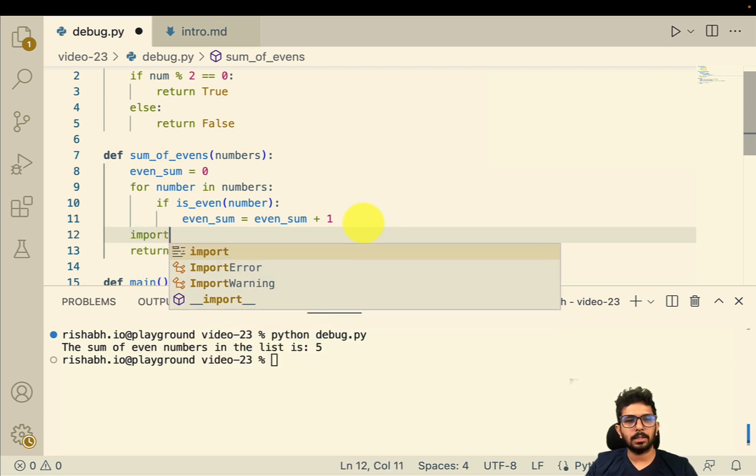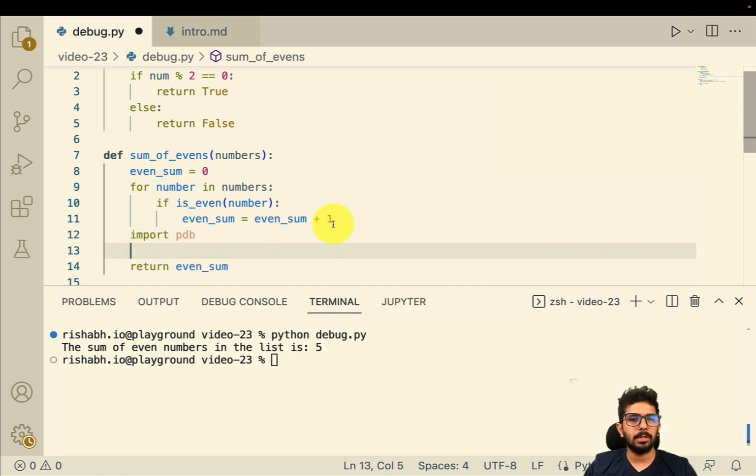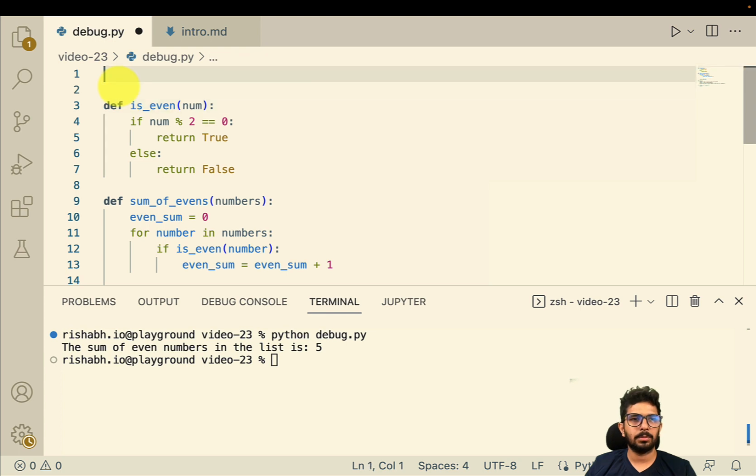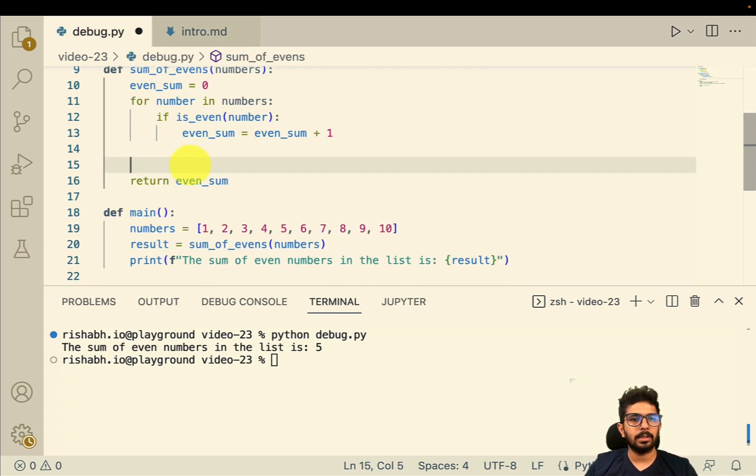So in that case what I can do is say import pdb. You can actually do this import at the beginning of your program. So here we go, import pdb, then in this line you can say pdb.set_trace. Now the execution of your code will stop at line number 15 because we have added a breakpoint, and we